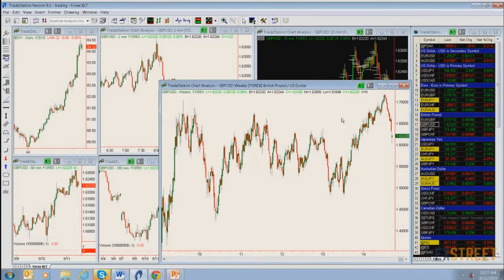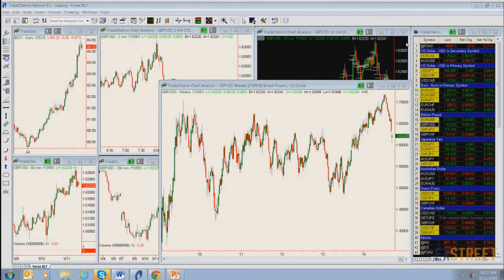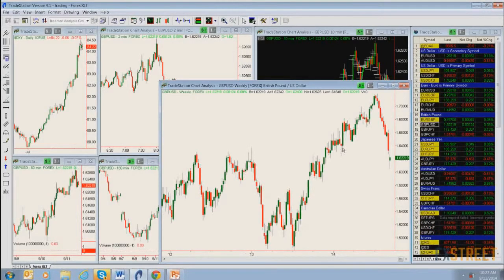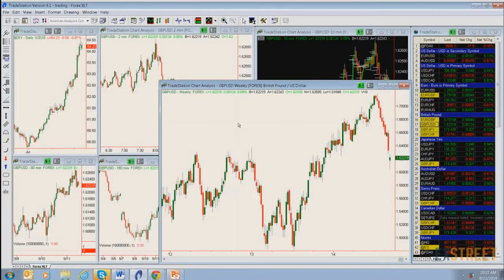So let's start with the larger time frame. Okay, here's the pound dollar. Obviously this market's been falling pretty fast. We had a gap down after this decline in price, so you're almost always going to get a little bit of a rally, and obviously into this. But if we go down to smaller time frames,